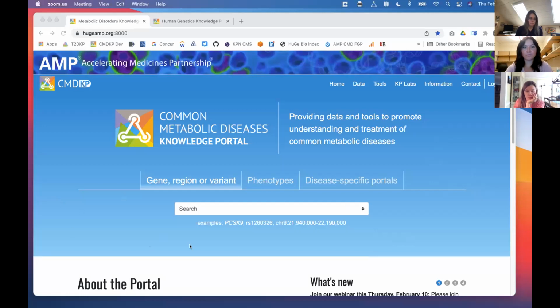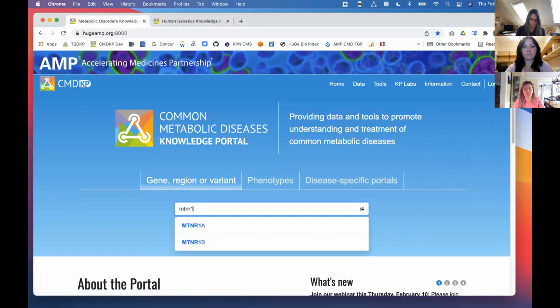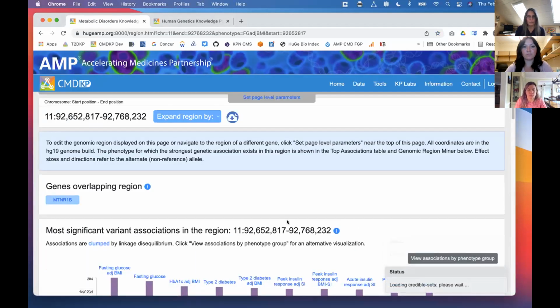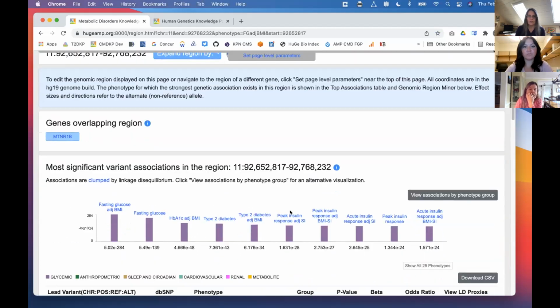Okay. So yes, as Noel said, this feature is going to let you really interact with the data, the associations, the epigenomic annotations, and the credible sets, to prioritize what is of most interest to you. So let me give you an idea of how you will find this feature once we implement it in the production site. Right now, if you type a gene name into this entry box, it takes you to a region page, as Noel just showed, that's centered on that gene.